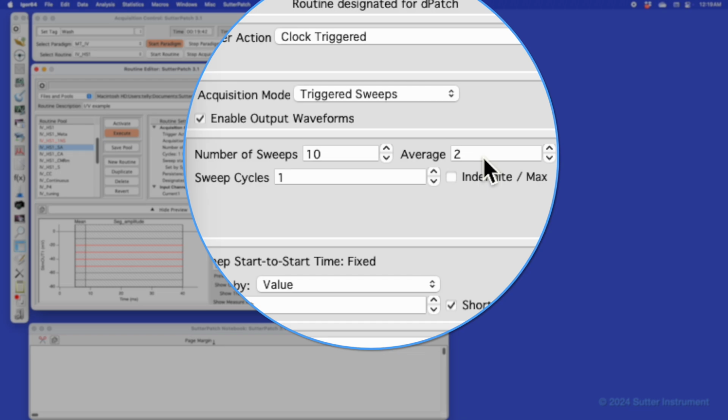These new features work on sweeps as they're executing. You see that the real-time analysis is running for each of the sweeps. Then the final results are only the average results. And that's the case for both the running average and the cycle average. We'll run through a couple of examples of each shortly.